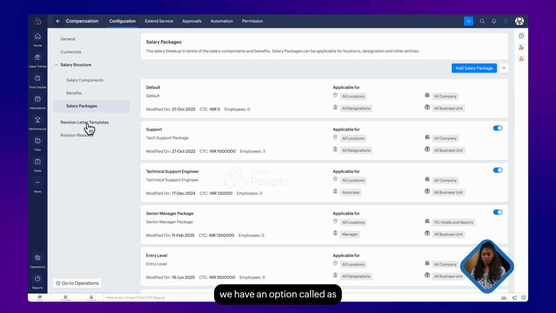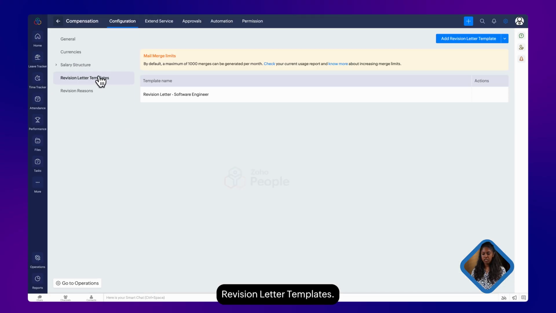So here we have an option called revision letter templates. You can create different combinations of revision letters, because a senior management employee might have a different salary revision letter compared to an entry-level employee. So here we have two different options. One is to import a predefined salary revision letter, or you have an option to create a new salary revision